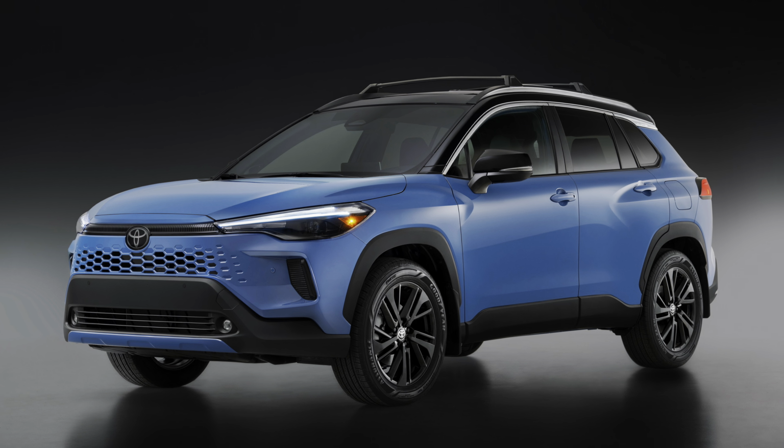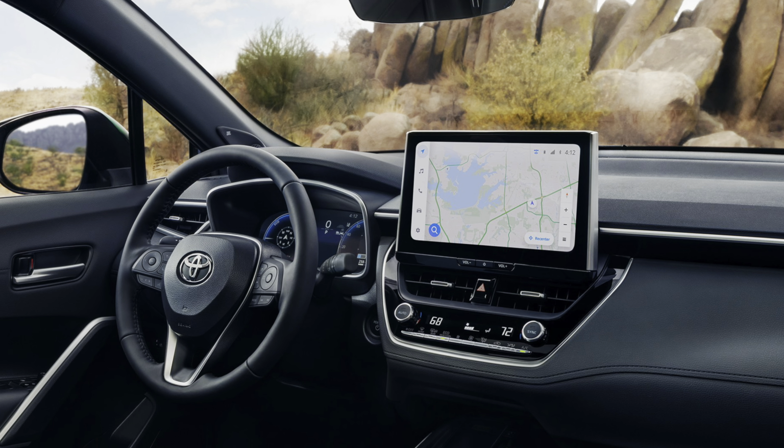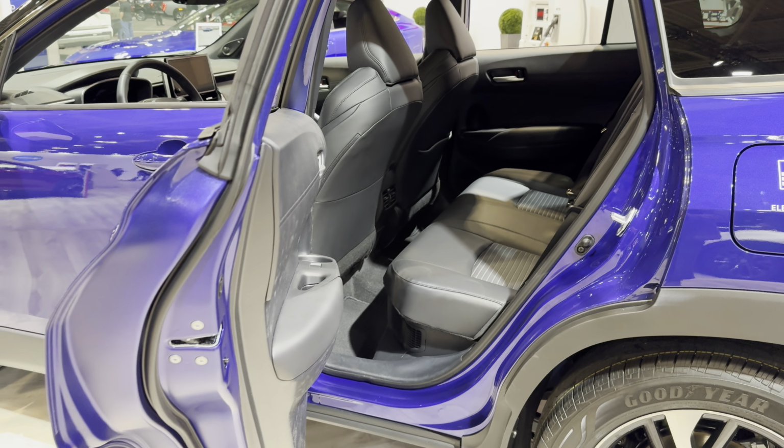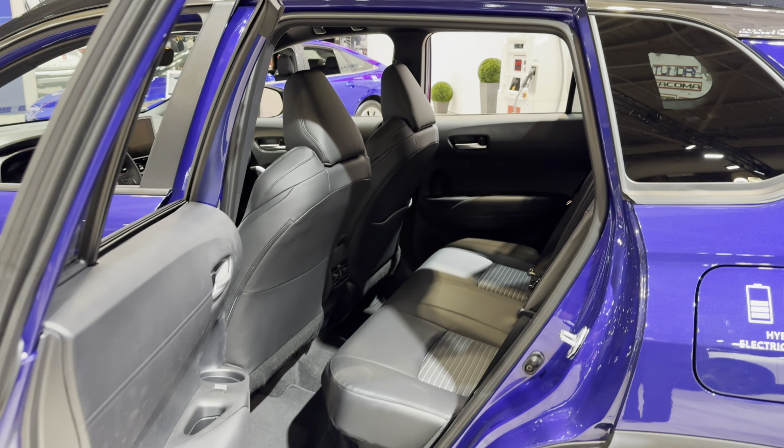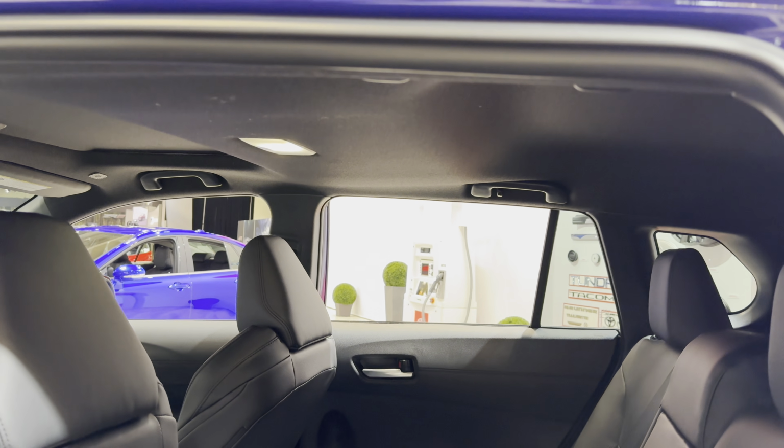For example, the L and LE grades adopt a 7-inch multi-information display system, and the LE Premium and XLE adopt a 10.5 audio display. And when you're talking about the XLE trim, you also get a 12.3-inch multi-information display system with rear heated seats. On the hybrid side of things, it also saw a minor refresh on the exterior and